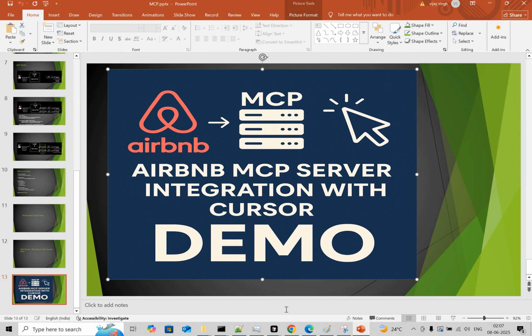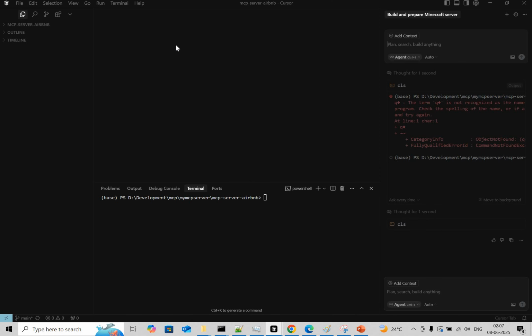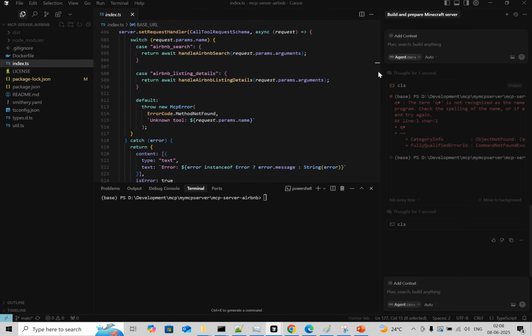So let me quickly move to my MCP server Airbnb source code. This is basically written in TypeScript. In all my previous videos, you have seen the MCP servers and clients written in Python code, so this is slightly different, which we got from GitHub. Here it is written in TypeScript. In this index.ts, you can see